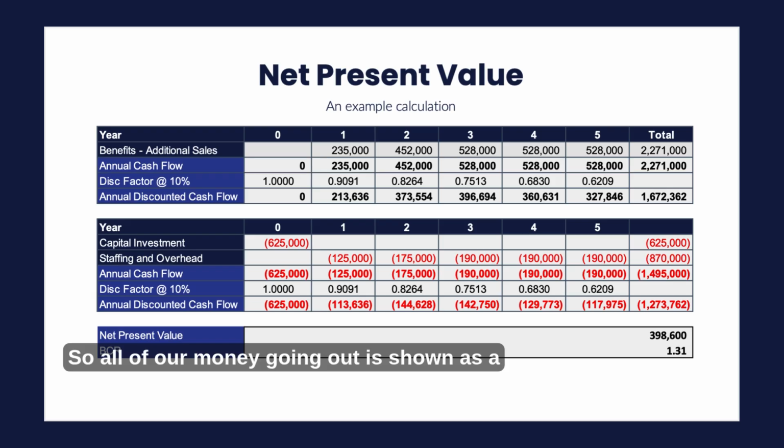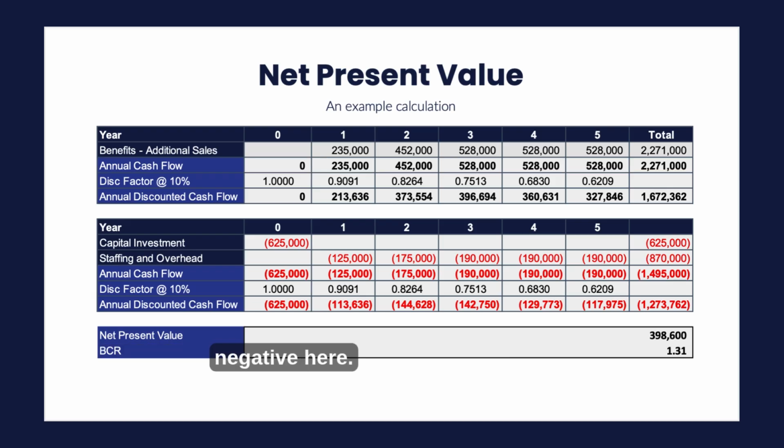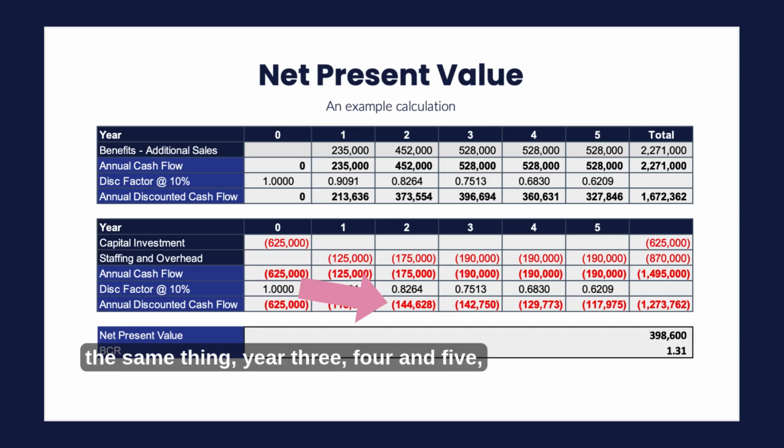So all of our money going out is shown as a negative here. So in year 2, 175,000 and 0.8264, which gives us 144,628. And we continue again, the same thing, year 3, 4, and 5 will give us a total present value